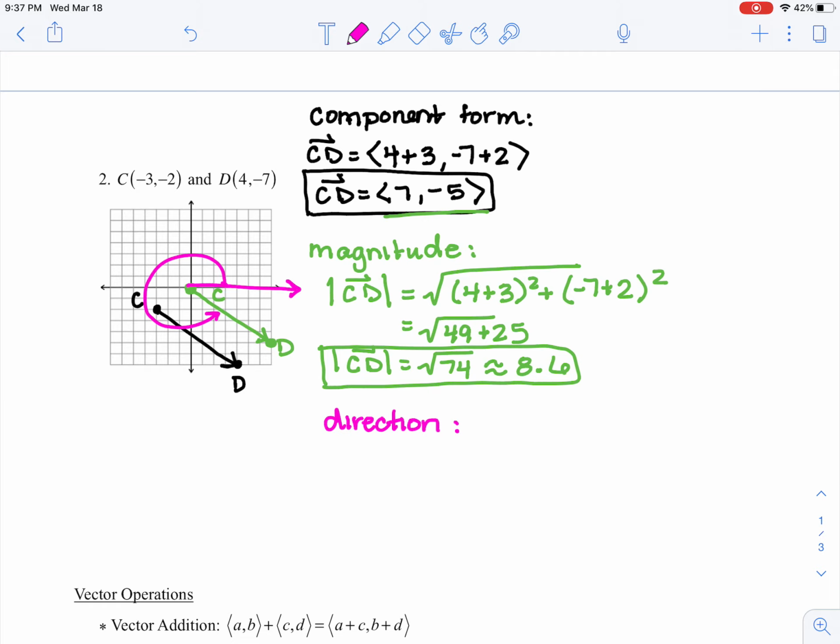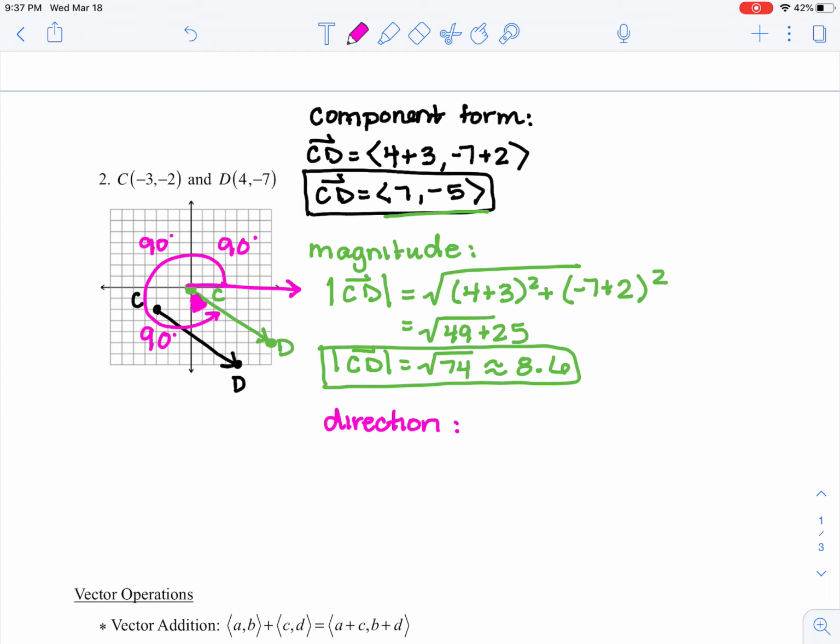Again, on the coordinate plane, every quadrant is worth 90 degrees. So in the first quadrant, there are 90 degrees, second quadrant 90 degrees, third quadrant 90 degrees, and the last part of our angle that we're missing is this